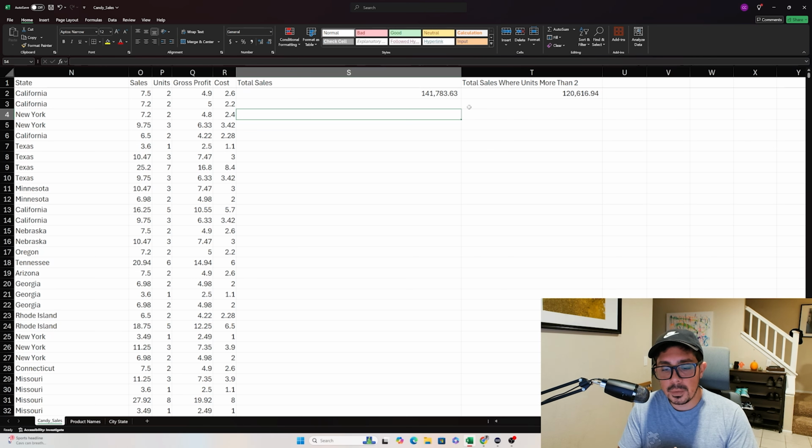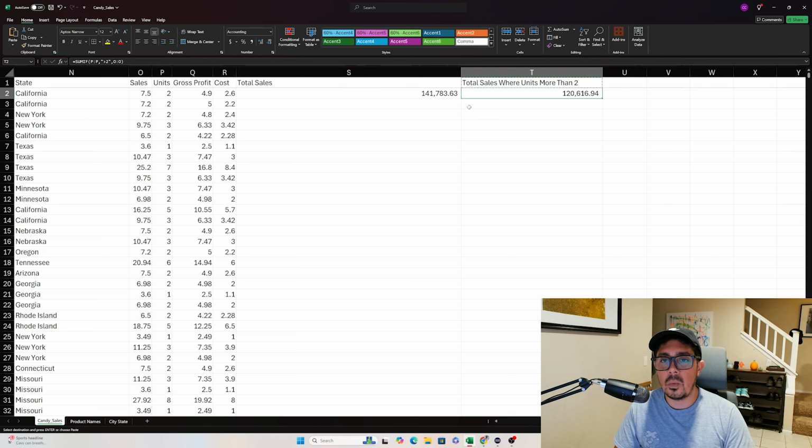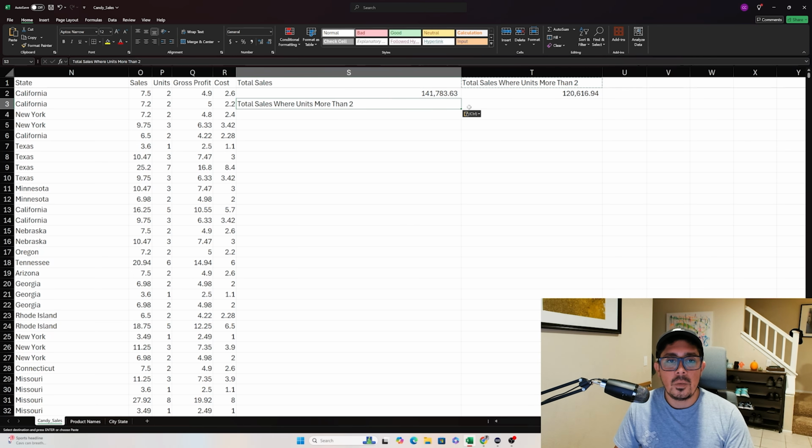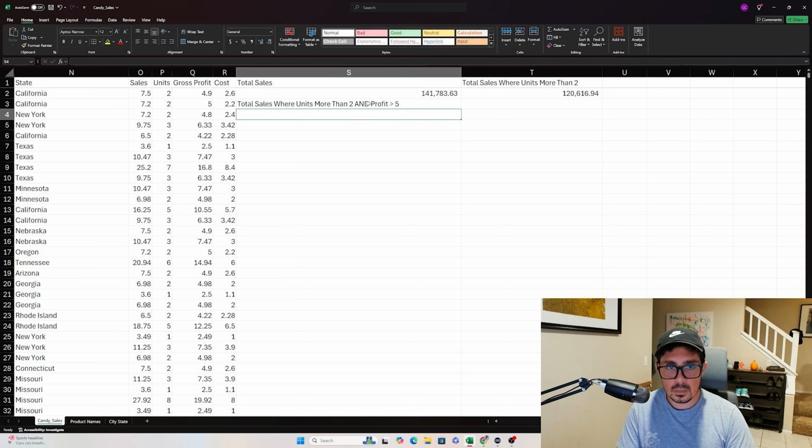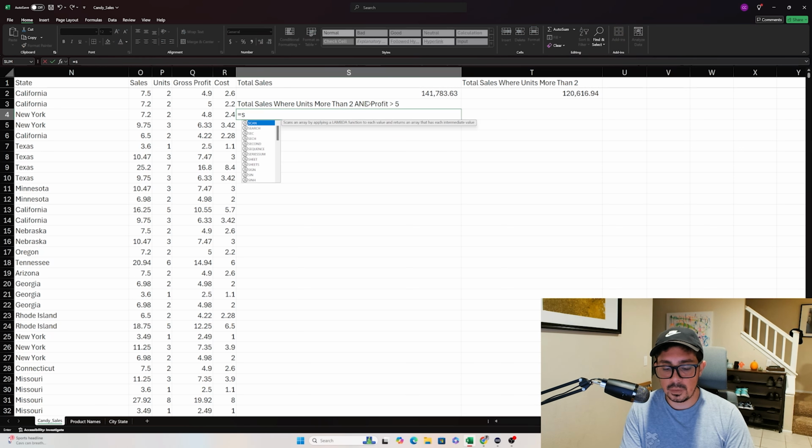And now we can do the SUMIFS. SUMIFS is very similar to your SUMIF function. The only difference is that it lets you add multiple criteria. So let's say hypothetically we wanted to do total sales where units more than 2 and profit is greater than 5. We can do is equal to SUMIFS